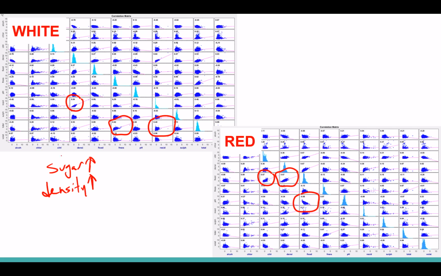And I think I saw an interesting negative correlation between alcohol content and density. Where is density here? Right there. So in this relationship, we see that as alcohol content increases, density decreases, which makes some sense since sugar is a solid and alcohol is a low density liquid